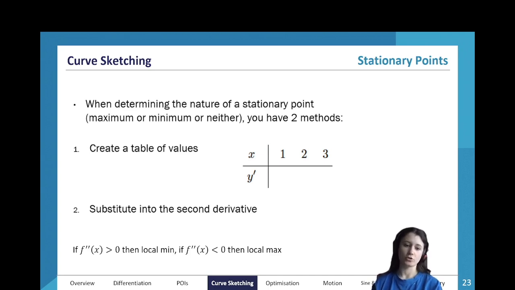Now let's get on to curve sketching. A question that you'll sometimes be asked in a calculator free exam is to sketch a curve, and most people do not like this topic, myself included, so don't feel too bad if you're kind of dreading this right now. It does get better when you understand and you've practiced a lot, because then it gets a lot easier and you don't really hate it as much, but the key really is to practice it and